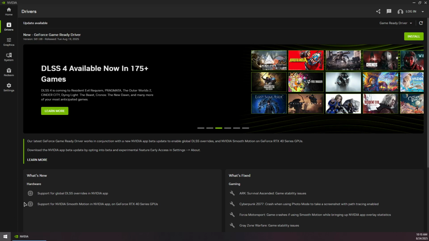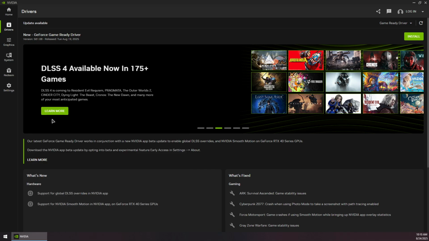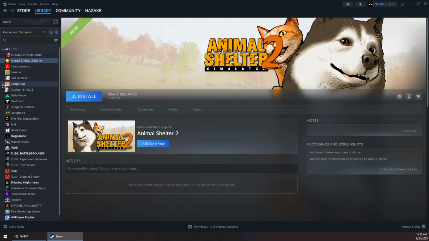And once you restart, before opening up the game again, you should launch Steam as administrator. Right click on Steam and click on run as admin, and then simply just launch the game, and that should